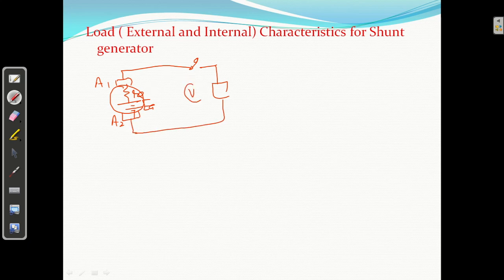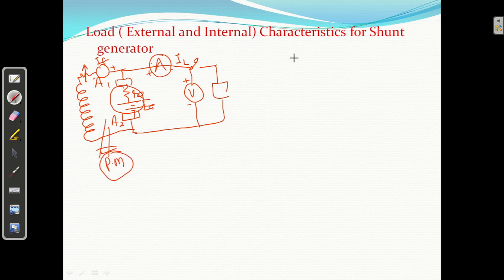Here we have connected the voltmeter, plus minus, and if you want you can connect the ammeter. It will measure IL, plus minus, right? And you can connect the field winding here. You can connect the rheostat to adjust it. Or if you connect the ammeter, it will measure the IF. So you can measure the IL, IF and VT, clear? And this is the prime mover.